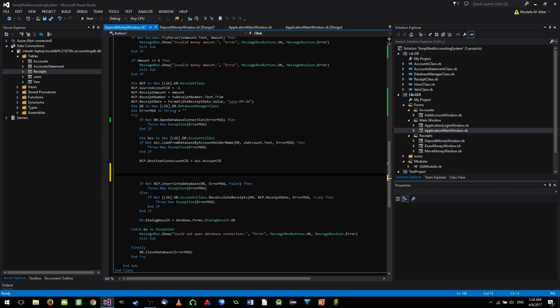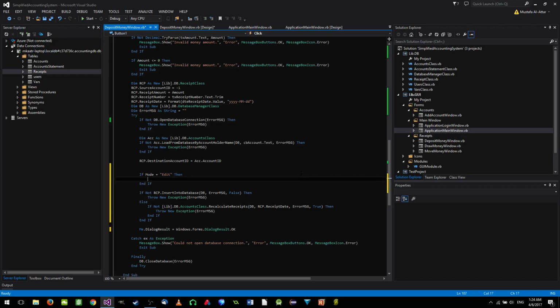Just add a few things. So if mode equals edit, okay, this means if I am editing, right, in that case I'm gonna say RCP before that, sorry,